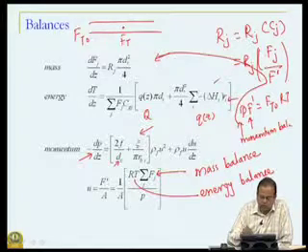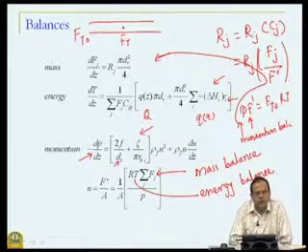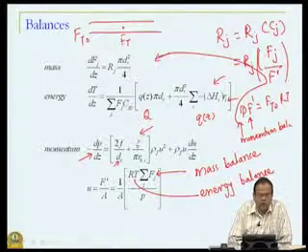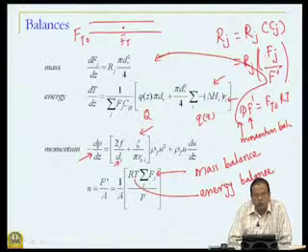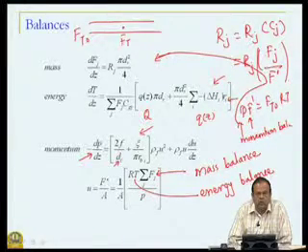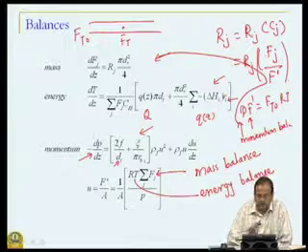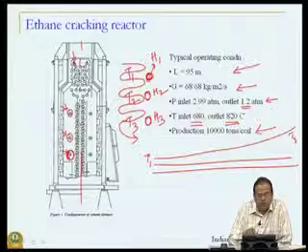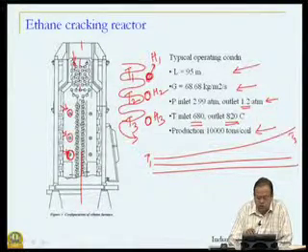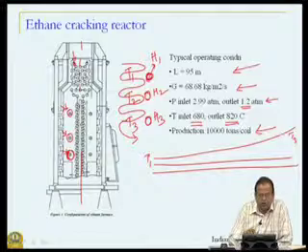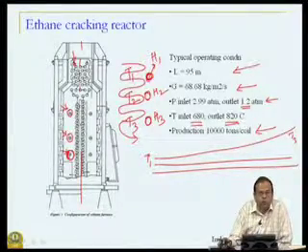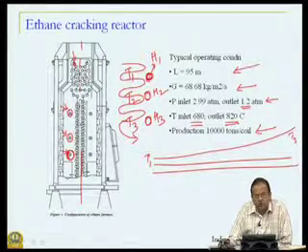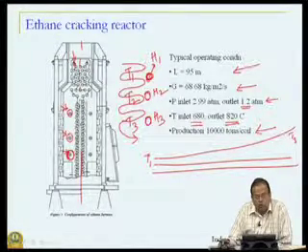We can of course do the same exercise for energy balance, and I leave it for you to figure it out. Or in other words, when we have such reactions in a reactor, there is a strong coupling between mass, energy and momentum balances, and this is the reason why you would see that the inlet pressure, for example, is 3 atmospheres, outlet is only about 1.2, almost 50% or a little more than 50% pressure drop.